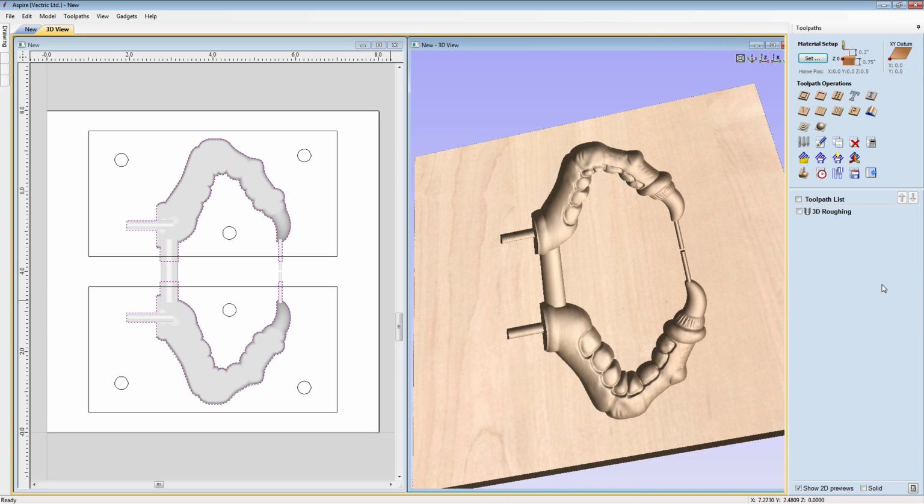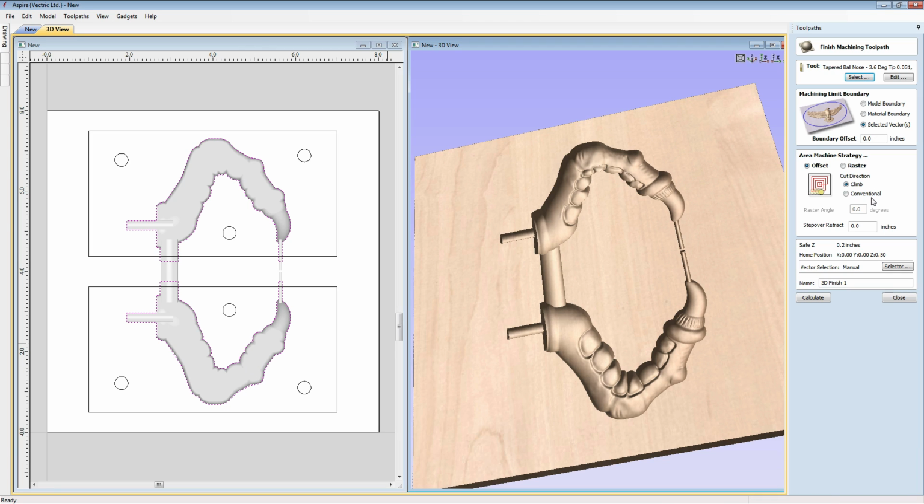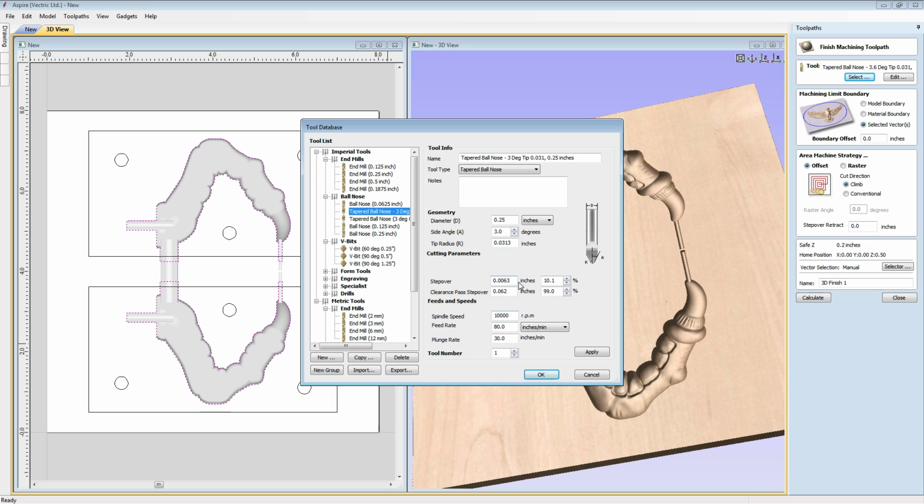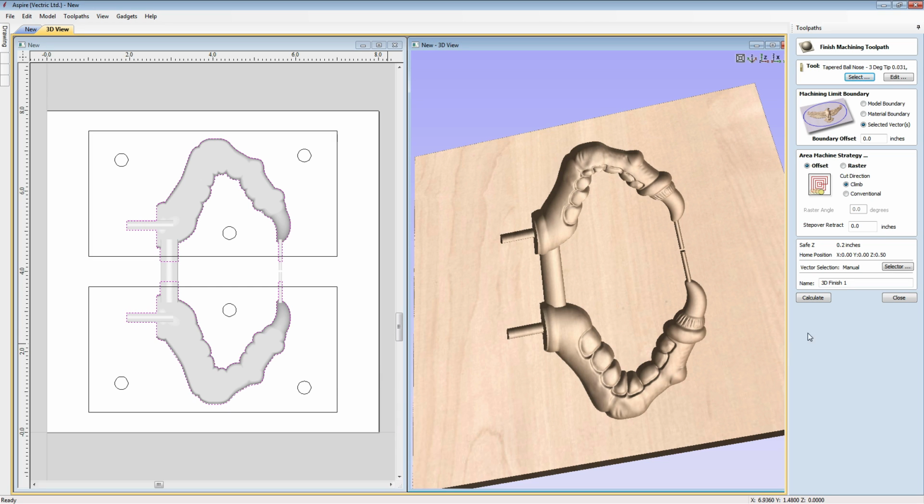Now we can come in with a nice small tapered ball nose using the same boundaries, and we can do the finish machining. So if we select here, we've got a tapered ball nose in the list. So we're going to use this. This has got a nice small tip radius on there, so the total tip diameter is 1/16 of an inch. Again, just make sure the feeds and speeds are appropriate. We're going to use selected vectors, boundary offset of 0, and we can hit calculate,